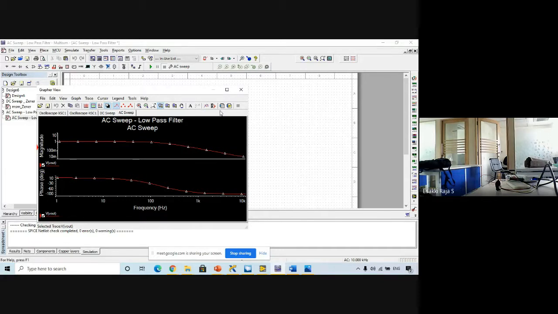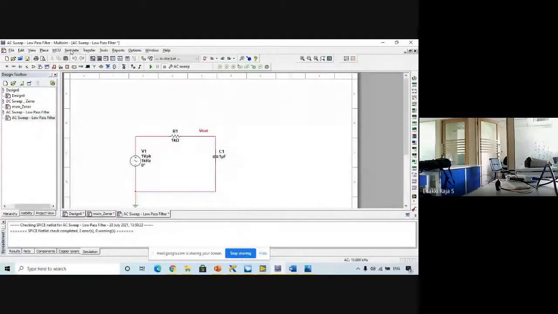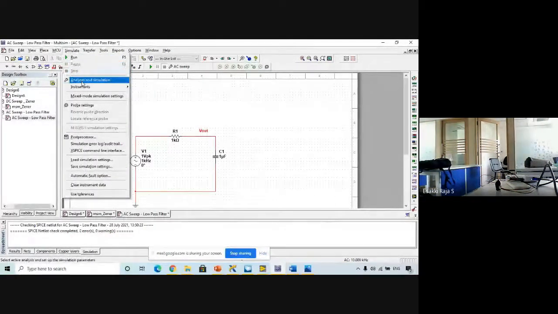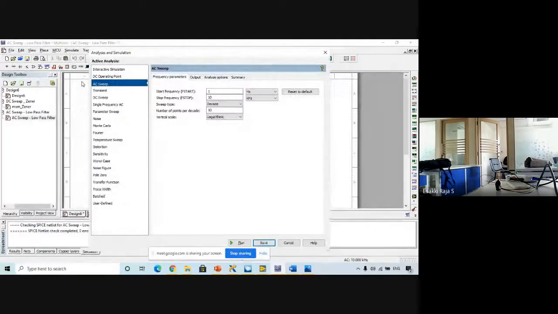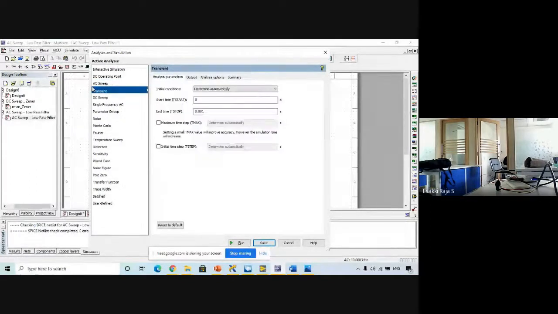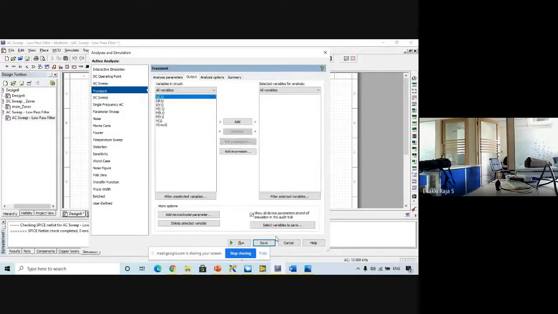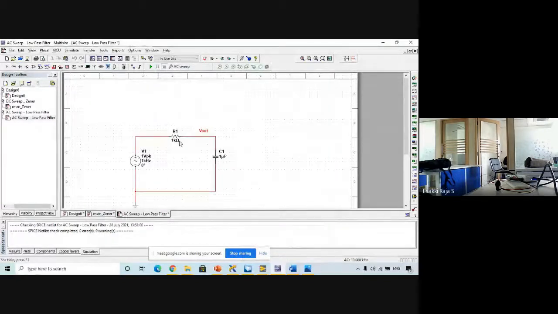In the same way, we have different analyses as per our requirement. For your circuit, if you want to perform an analysis, you can go for the corresponding analysis. If it is a transient analysis, it is more or less the same thing. We'll just specify the start time and end time, specify the required output parameter, and we'll get the transient analysis. So this is one more feature which we have with this Multisim.